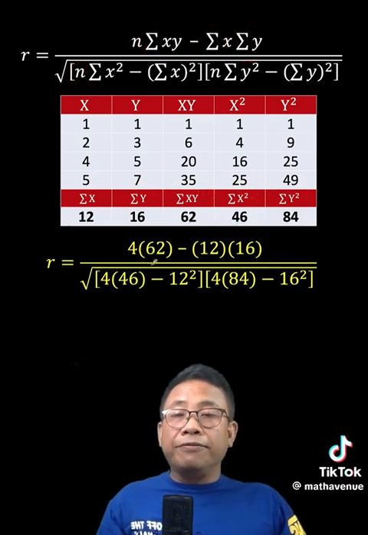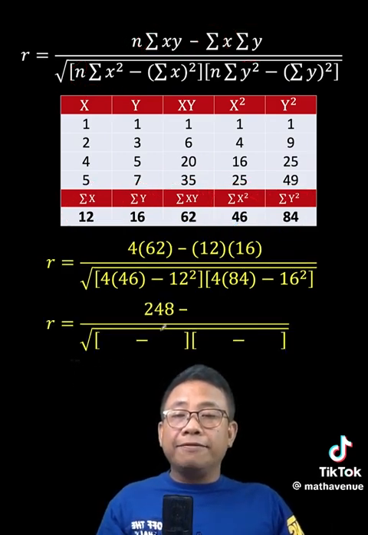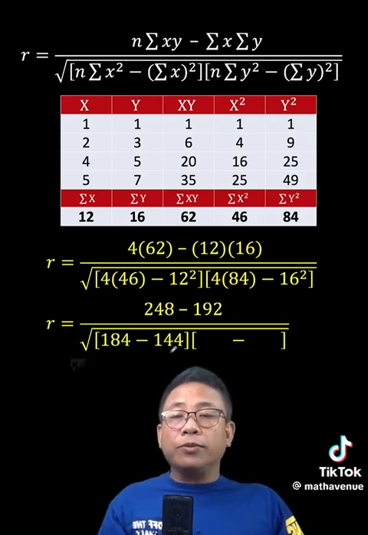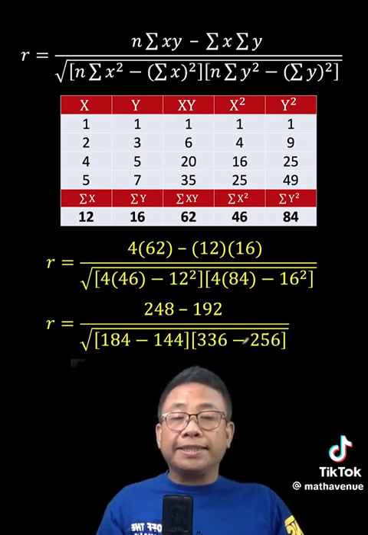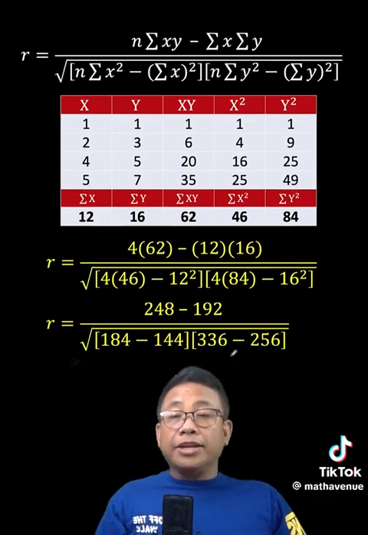So multiplying now, 4 times 62, we have 248. 12 times 16 is 192, and we copy the minus sign. 4 times 46 is 184. 12 squared is 144, and we copy the minus sign. For the last factor here, 4 times 84 is 336, and 16 squared is 256. Again, we copy the minus sign. Then, computing further,